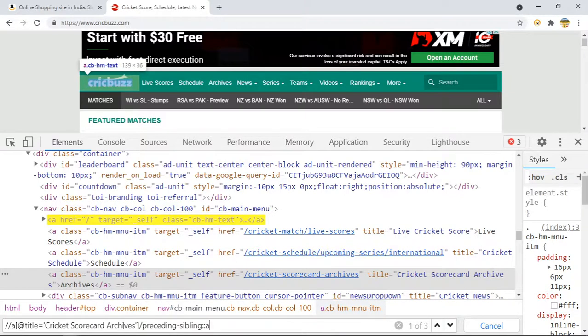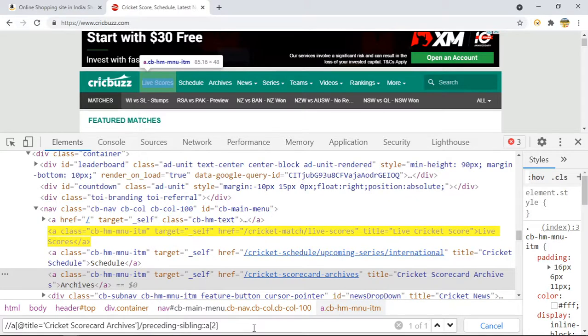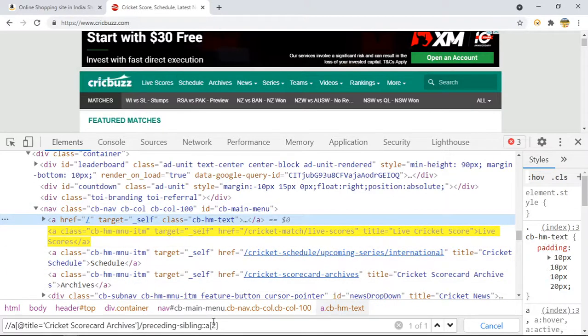And I say a. You can see it starts to highlight all the 3 children which are on the top of this line. And here again you can provide the index, so I will say 2, and it will navigate me to 2. If I say 3, it will navigate me to the top. So this is how in XPath you can traverse in the forward direction as well as the backward direction. But with a CSS selector, you can only traverse in the forward direction, right?